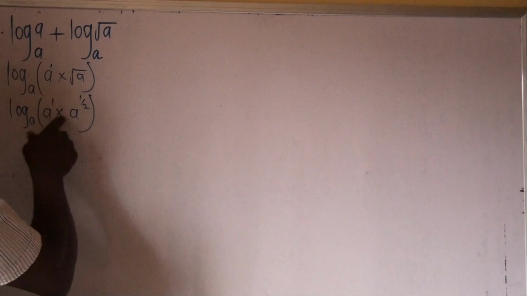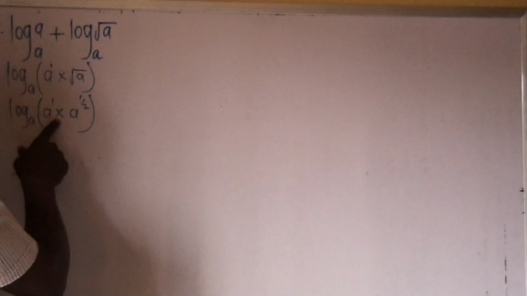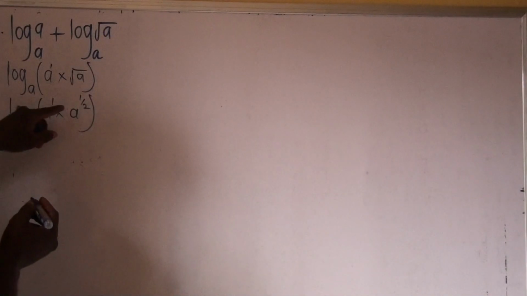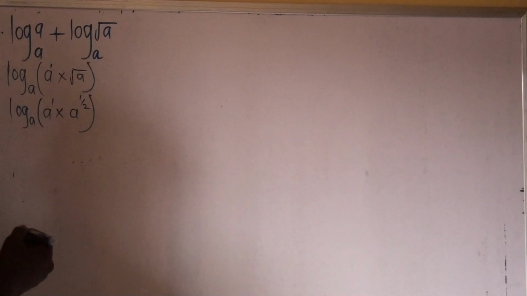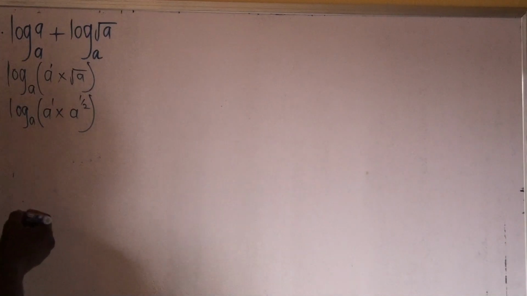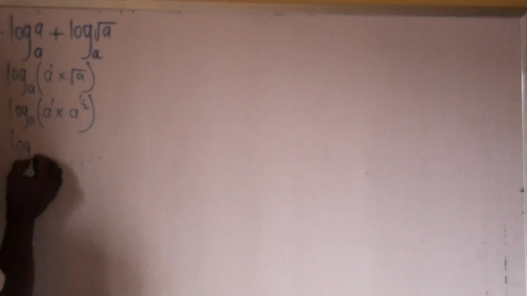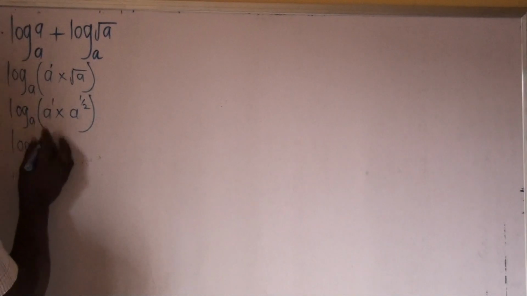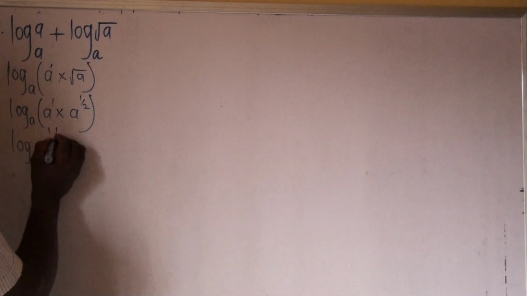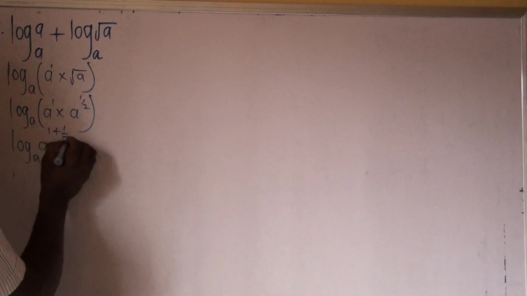The bases are the same and there is a multiplication sign, so we take the base as one and add the powers. So it becomes log to base a,